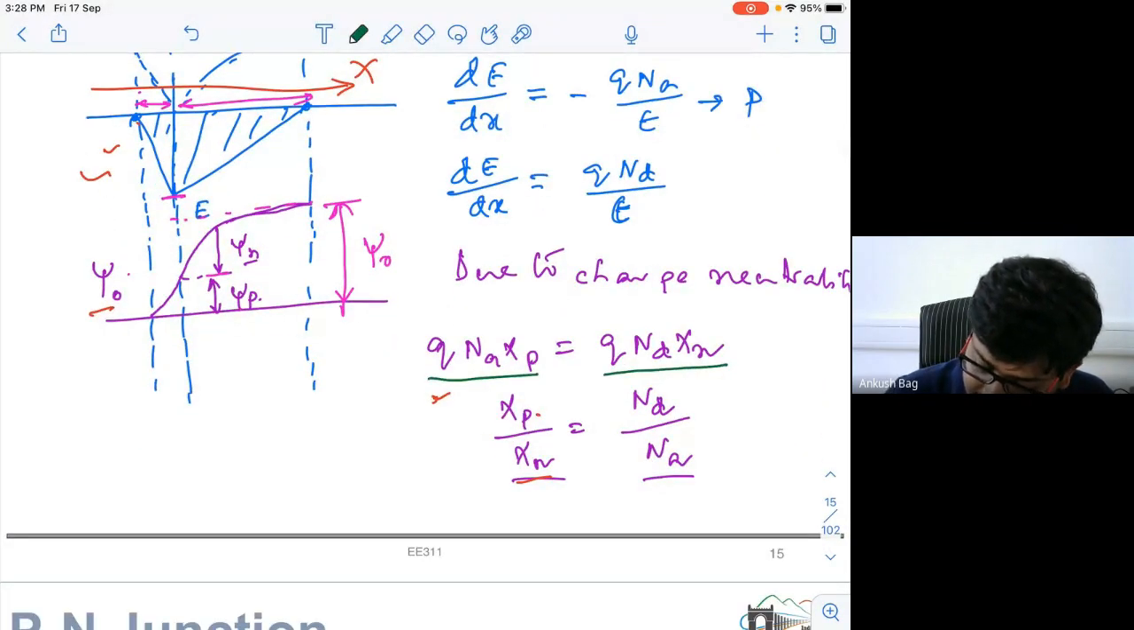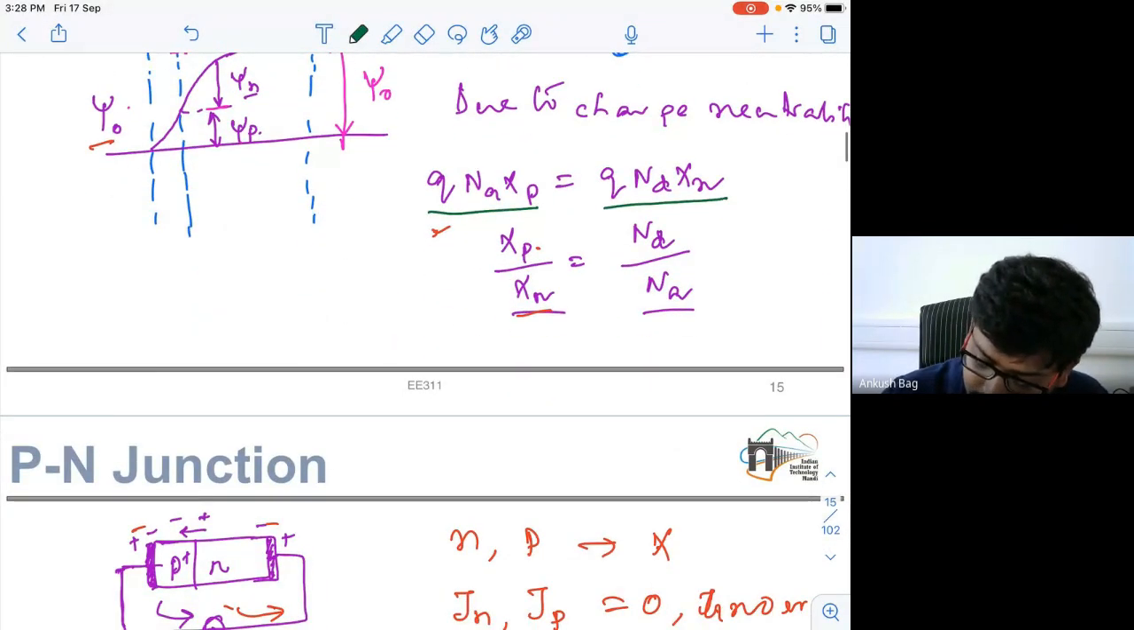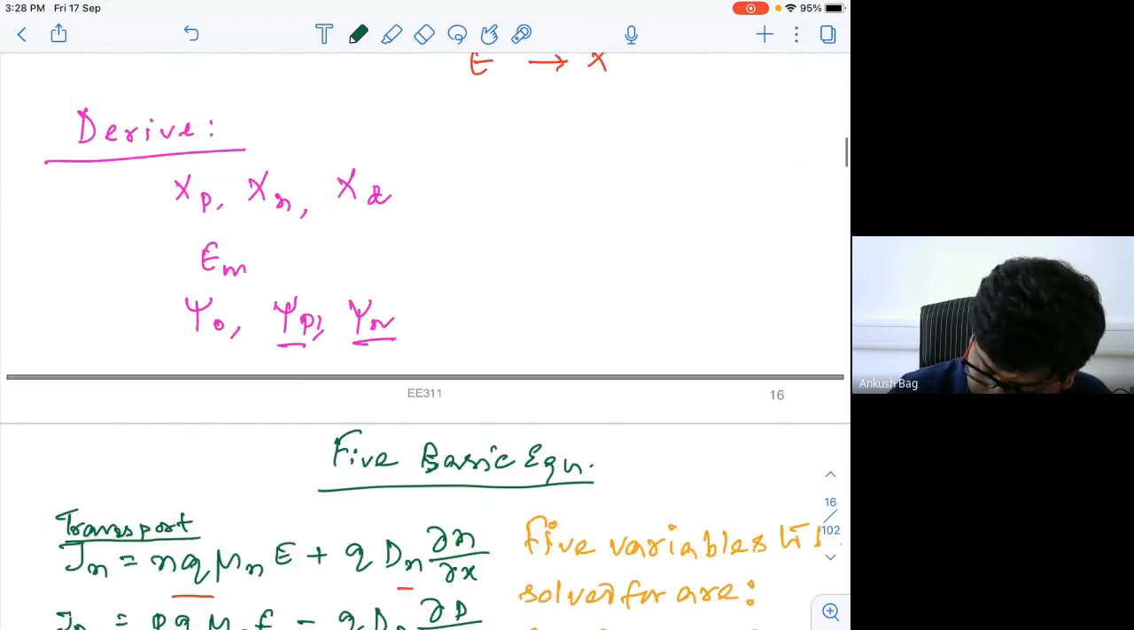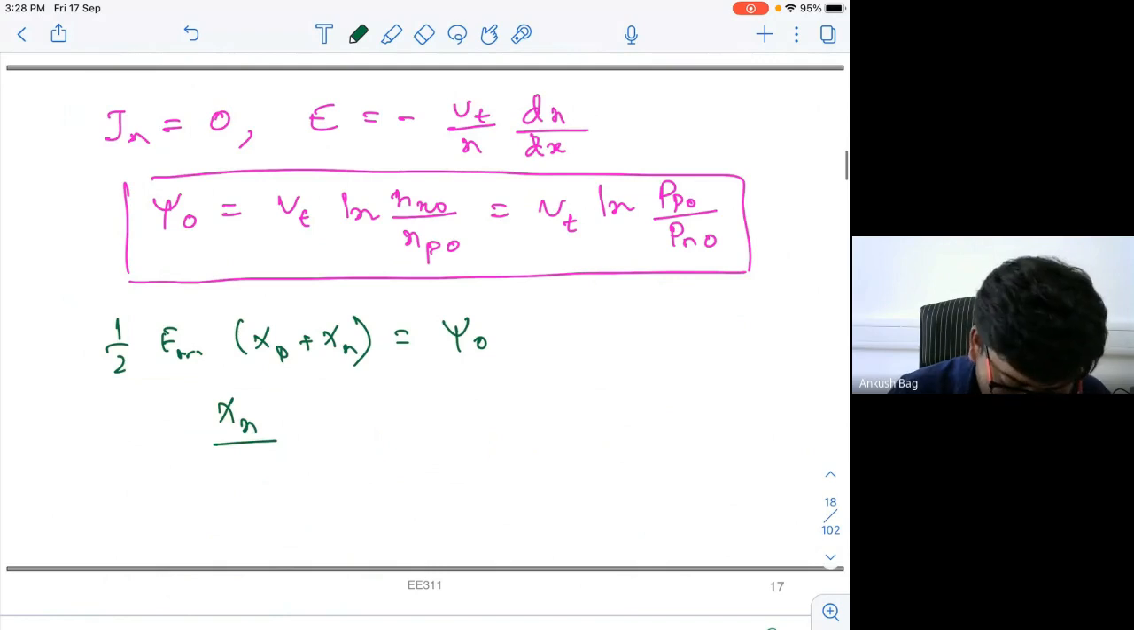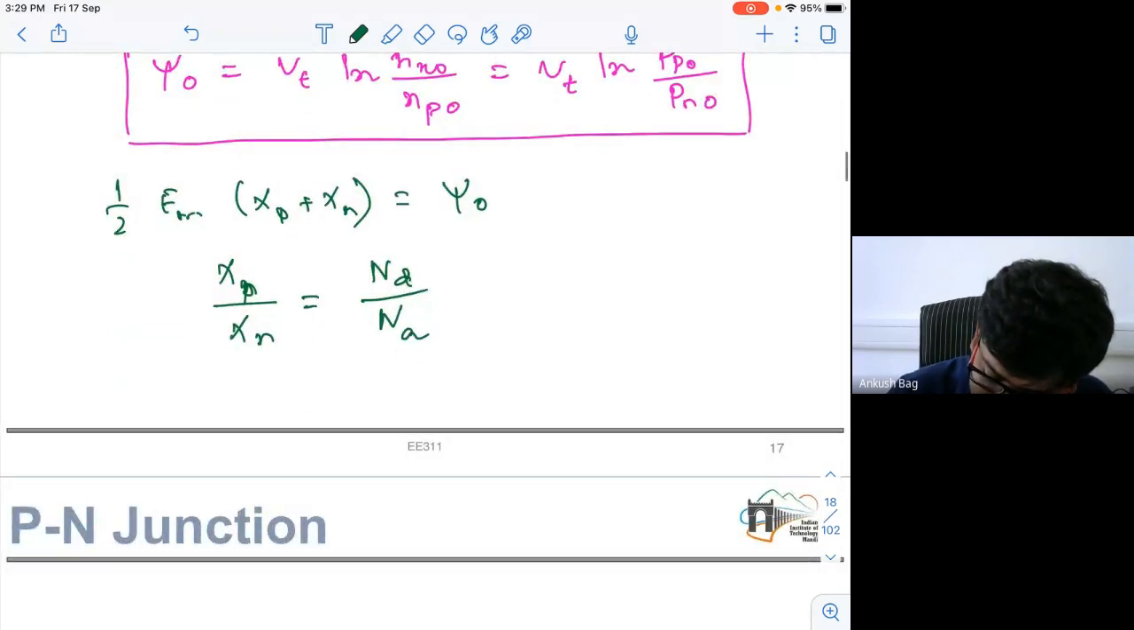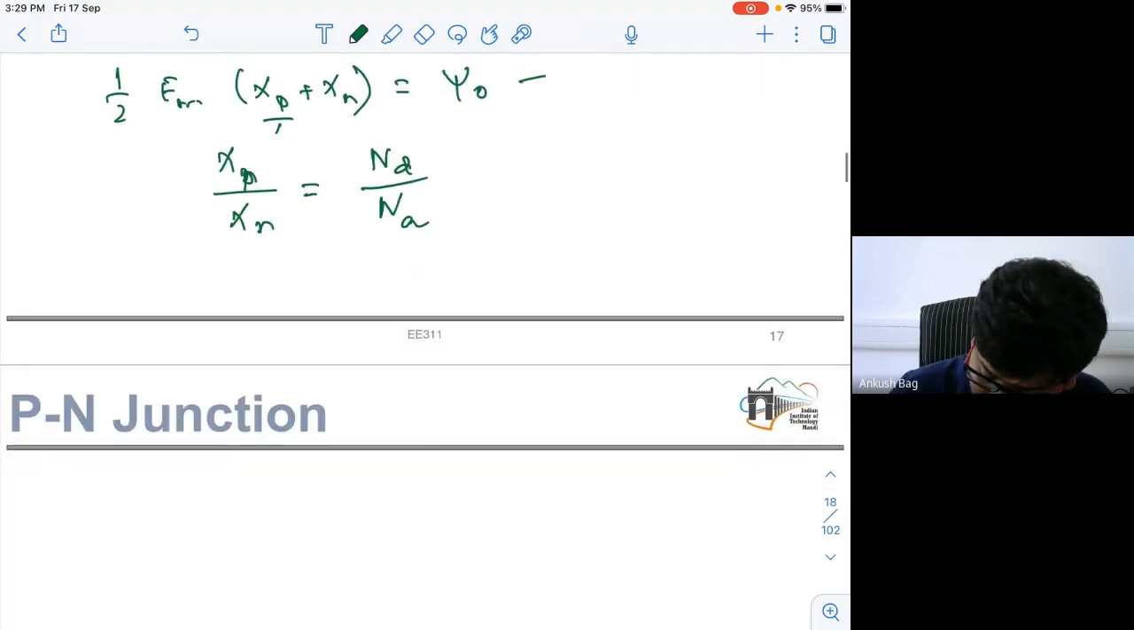So then from this charge neutrality equation, we have this relation between xp, the depletion region in the p side, and the doping Nd and Na. So if we write once again xp by xn, now from here we can take out this xp. So then we can put this xp value here. So then we can rewrite this equation,